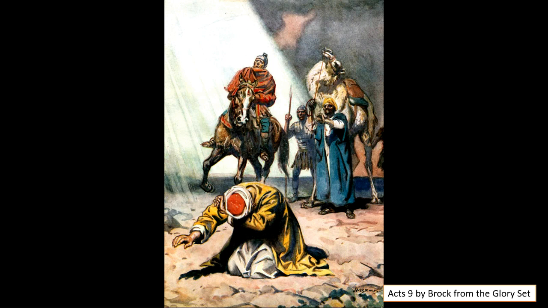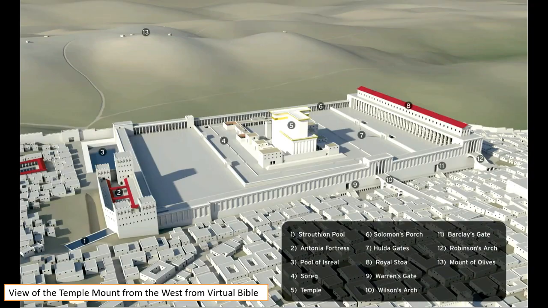I love this painting because it shows the other people traveling with him seeing the light, but not being able to interpret or know what it's about. And it shows Paul being messed up by the experience, which he was. After this, Paul went on 3 missionary journeys, and those 3 missionary journeys are contained in Acts. He wrote 1st and 2nd Corinthians, he wrote Romans, and finally towards the end of Acts, around